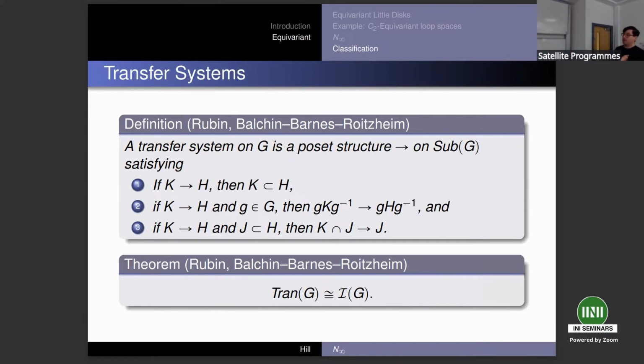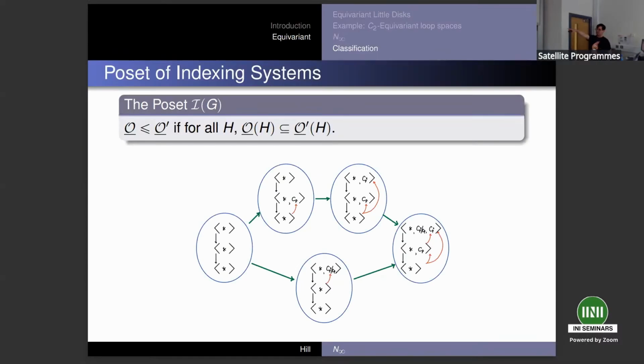And this forms a poset under refinement, and this poset of transfer systems is isomorphic to the poset that Andrew and I considered. So you can translate between the two of them. And the dictionary is exactly the one that I sort of sketched out here. You remember the red arrows? That's the direction from this poset to transfer system. The map back is you take the span of the images of the red arrows and then work your way back.